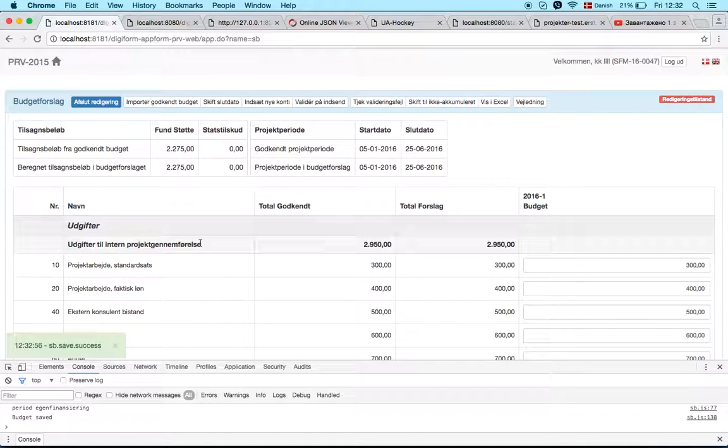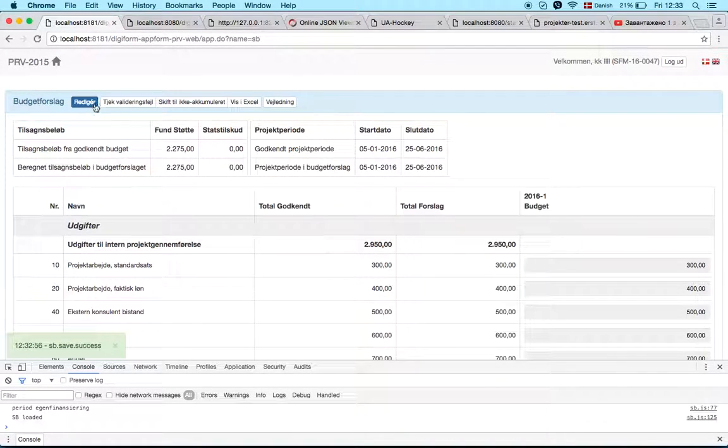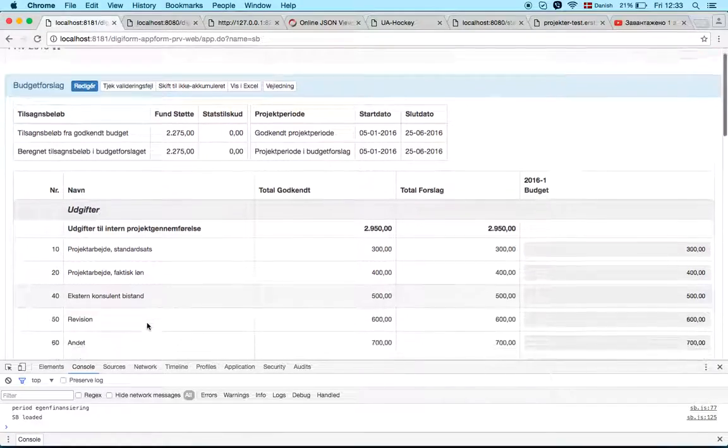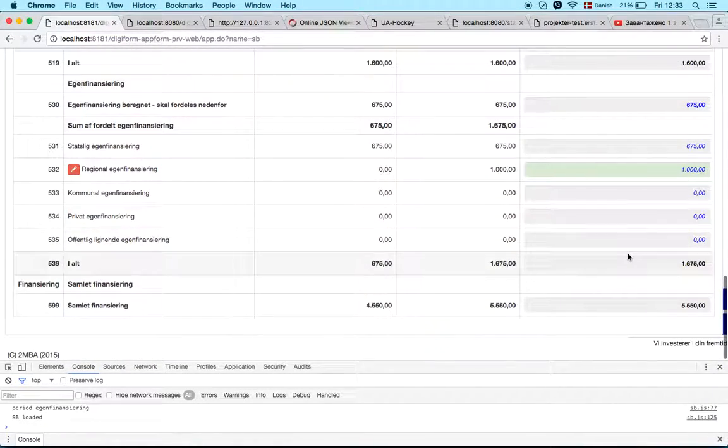So what I did, I just input some value and didn't balance the budget here. You can see the blue italic highlighting the problem, because this actually doesn't match by 1000 kronas now, so